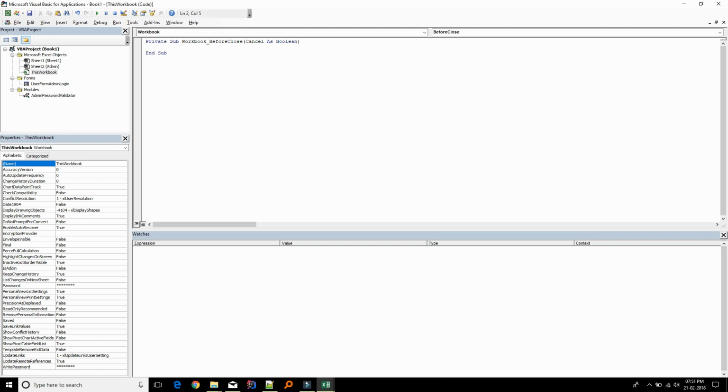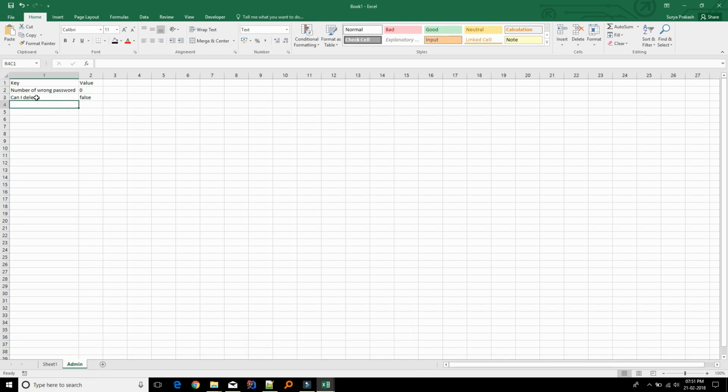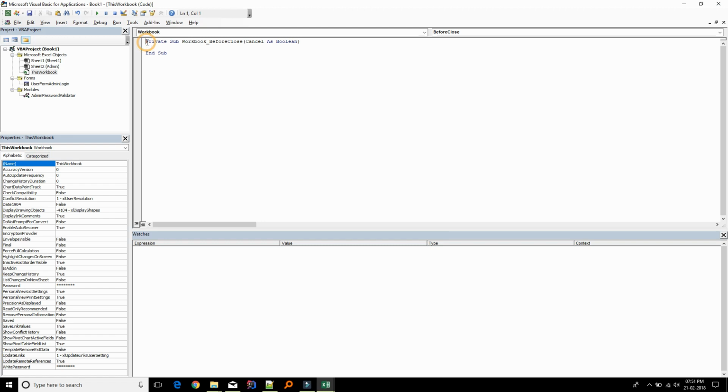Before close, first we'll take the value from here, this one, that is admin sheet. Again, we'll declare one constant, const sheet name. We'll say admin sheet name, sheet name, which is as string, which is equal to